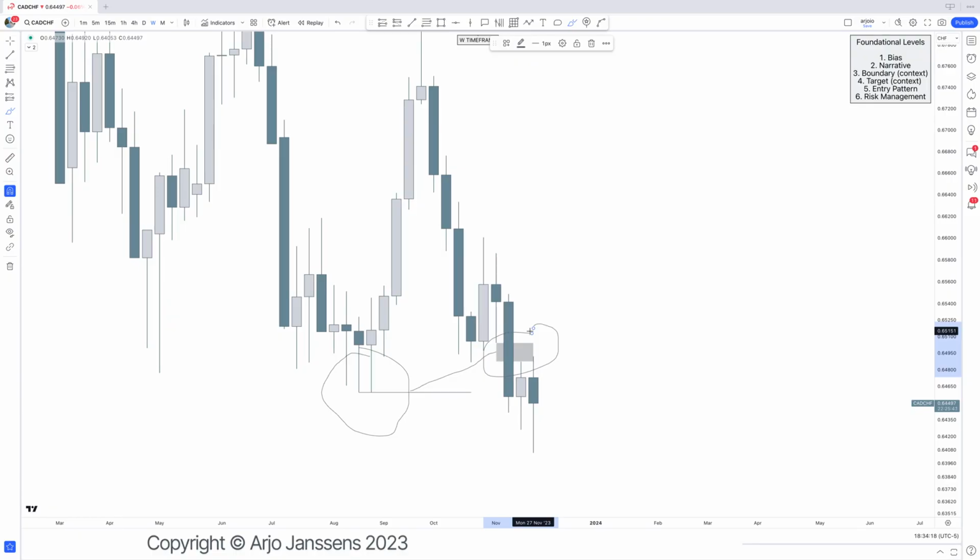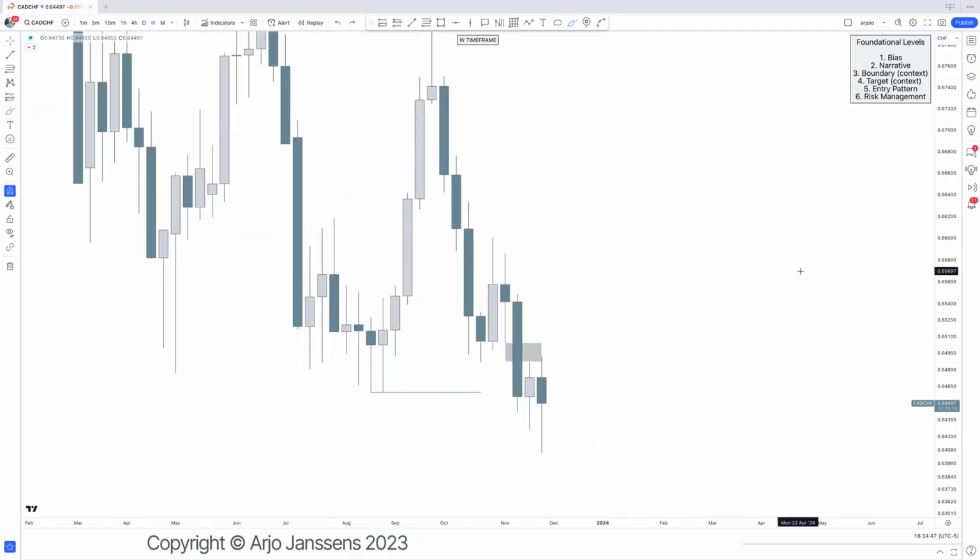Why is that? Because that leads me all the way back to the beginning with the PD array, understanding the foundation of what we talk about. When price is moving, price is either seeking liquidity or it is seeking fair value. So it's seeking to rebalance something. Fair value and rebalancing are the same thing when I talk about it. So price is either seeking liquidity or seeking to offer fair value. If we understand that,